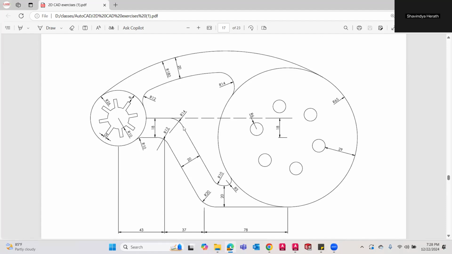I can draw it just by copy, as I have done the last day, yesterday. But what if I draw this without copying, just like designing? Let's see how we are going to do it.